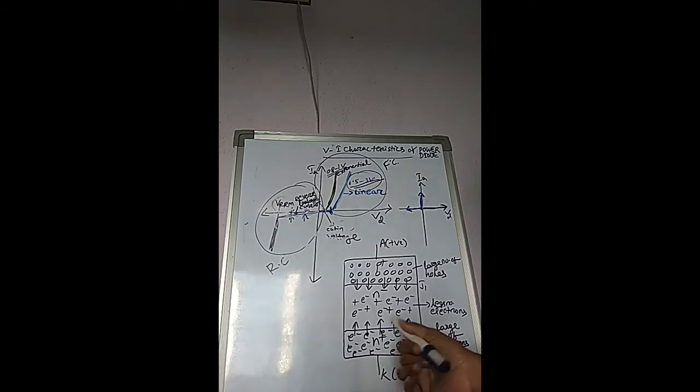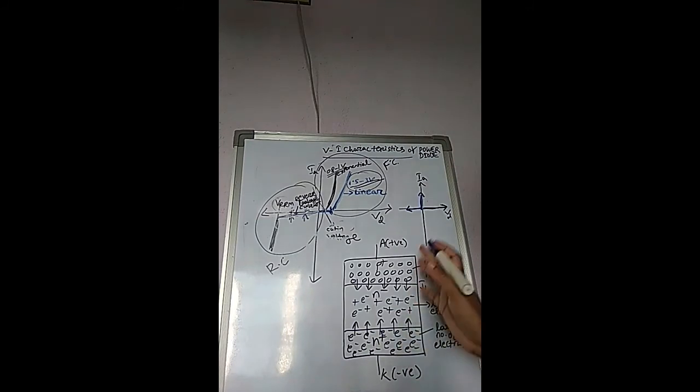So what did you learn from this power diode? What are the main differences, the main advantages of the power diode? The power diode has high reverse voltage capability. It can withstand a large breakdown voltage. To withstand this large breakdown voltage, it has a large width of the N minus layer, and due to this large width, it can absorb a large depletion layer. Okay, and this characteristic is the VI characteristic for the ideal diode.